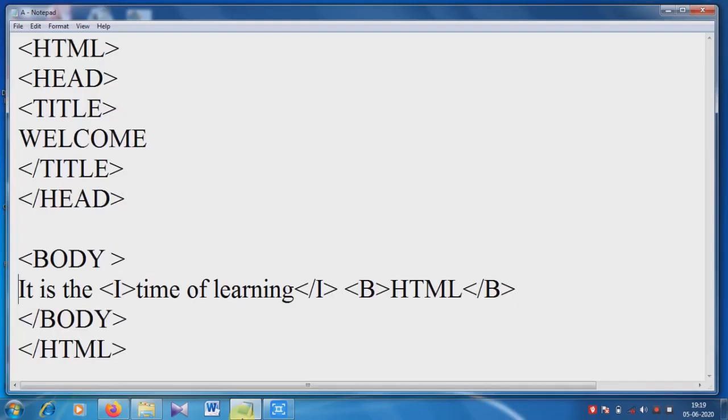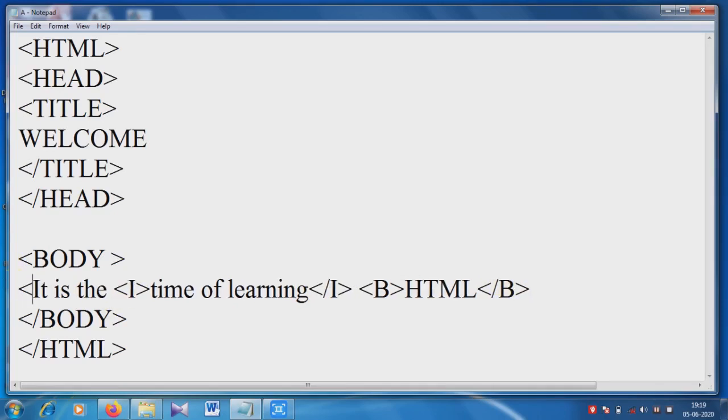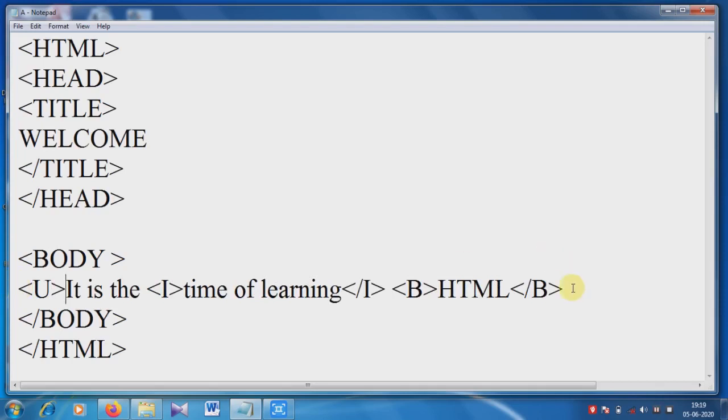And then next is the underline tag. Suppose I want to underline the whole sentence. This is the starting point of the sentence and this is the ending point of the sentence. So just put the U tag, the underline tag, here, and put the ending tag at the end.